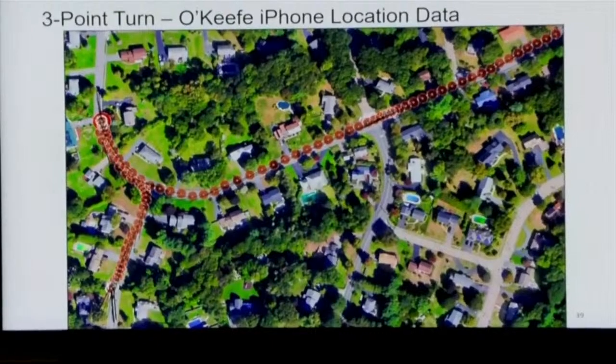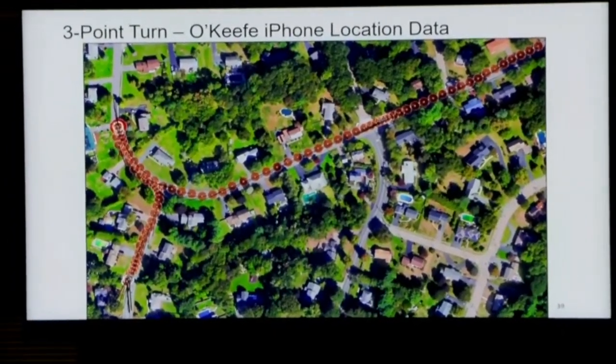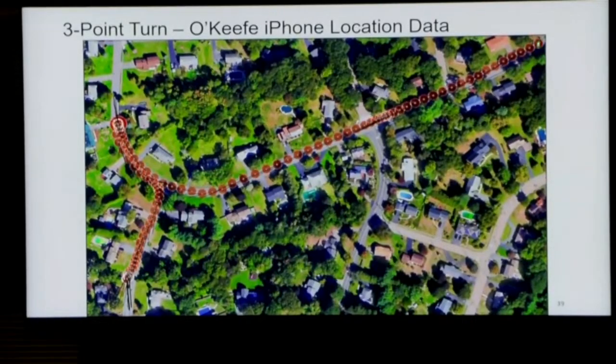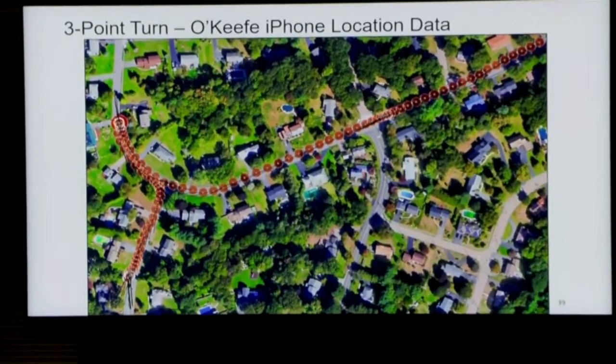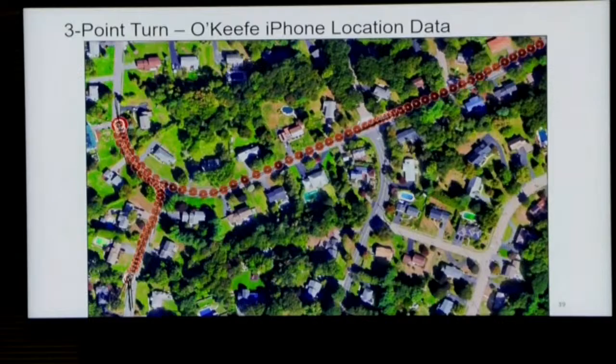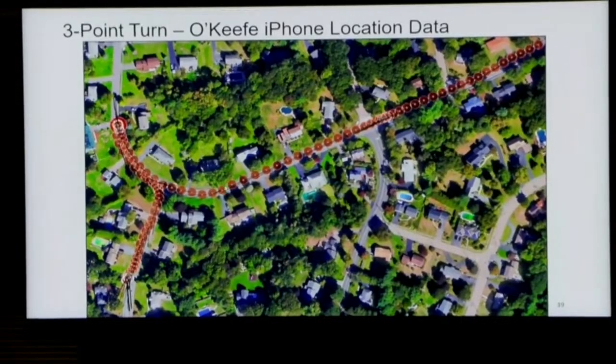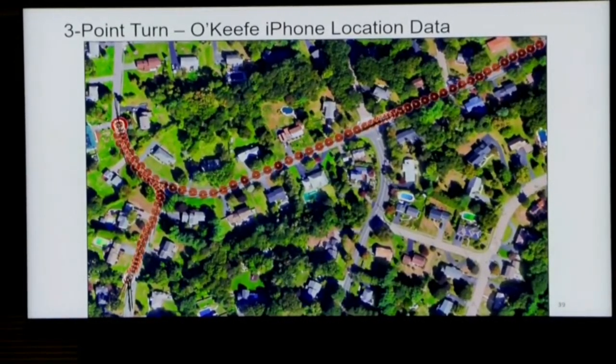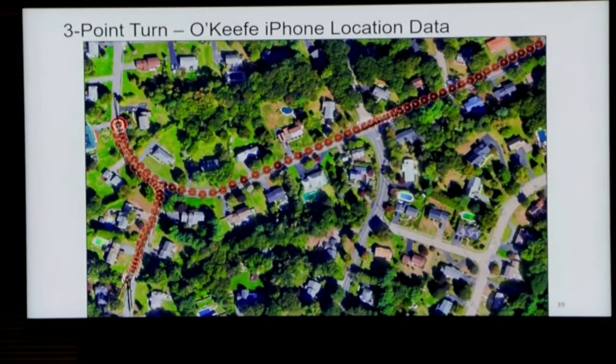Could we have number 39, please? Could you tell us what this shows, Mr. Burgess? Sure. So specifically what we're looking at within the location data is a 2-minute window. That 2-minute window we see here graphically plotted on a map. It's hard to tell, but you can see a white dot, which is the center of a radius for a GPS position. The orange circles are the horizontal accuracy for each one of those positions. And then down here you can see a black line that is coming off of each GPS position that represents the heading or the direction that the iPhone is facing.